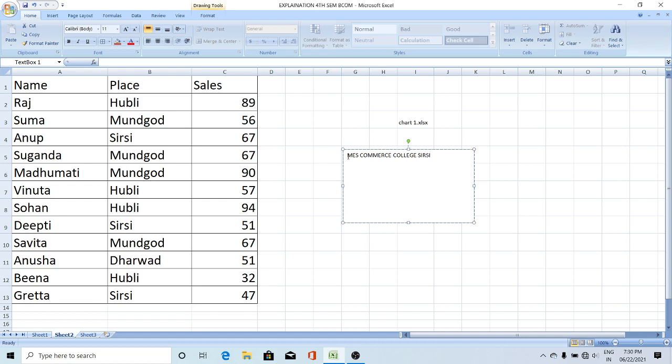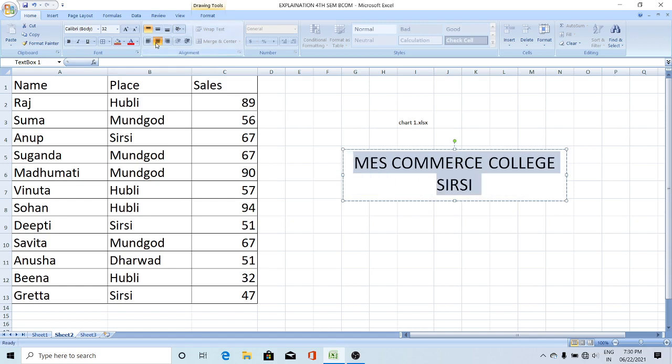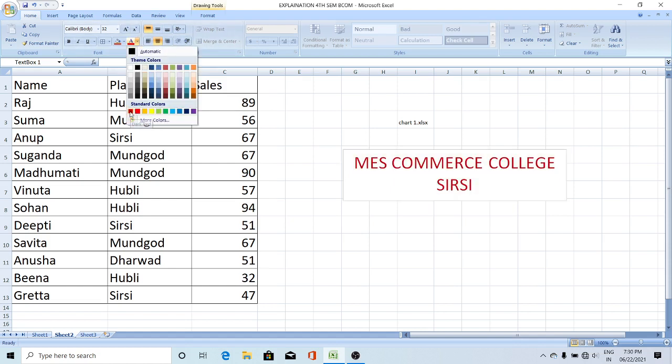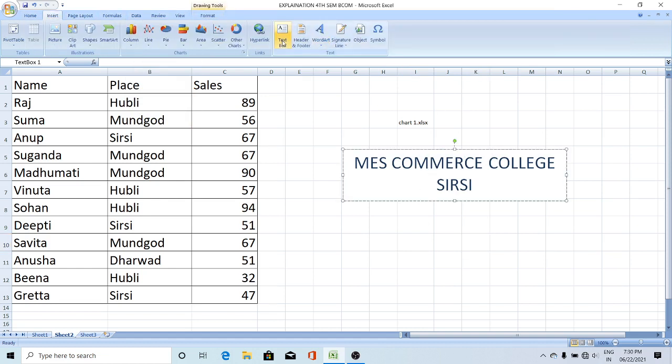Like this you can insert a text box and you can increase the size of the font, everything you can do. It is simple, just inserting a text box. If you want any text box inserted into your worksheet, you can insert it through Insert, Text Box, and you can align the text, and whatever changes you want, you can do here. You can change the color of the font, you can make any changes. If you don't want it, select and delete. That also you can do here. So that is insertion of a text box.